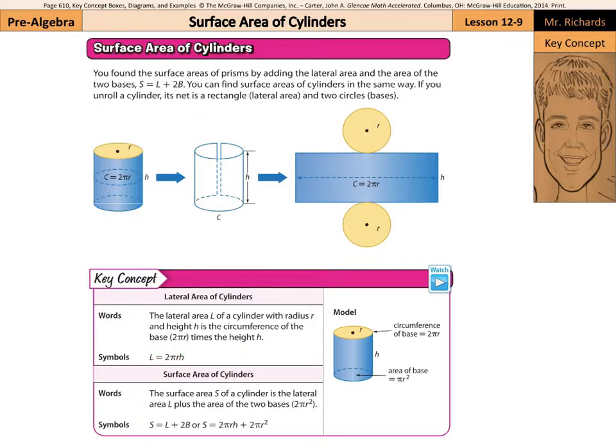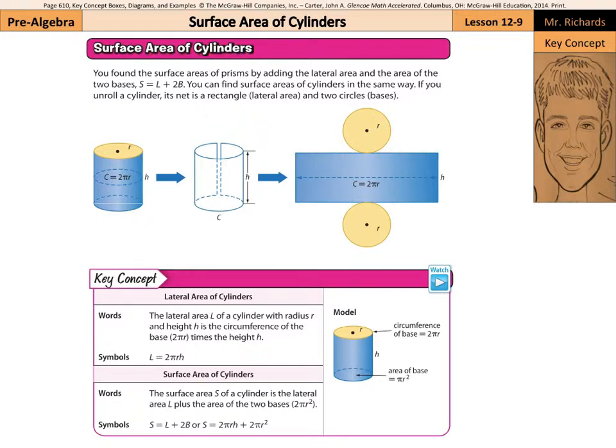And if you're wondering why it is the circumference of the base? Well, when you unroll it, this side here is just the circumference of the base. And so this long piece here is the same as the circumference of the base. So that's where the 2 pi r comes in. The h comes in because that's the height of the cylinder. So 2 pi r gets us this side, times h gets us that side. It's just a fancy way of length times width, except the length is 2 pi r and the width